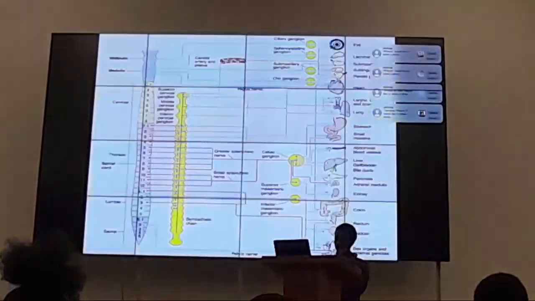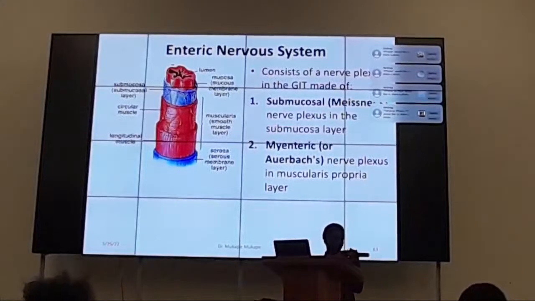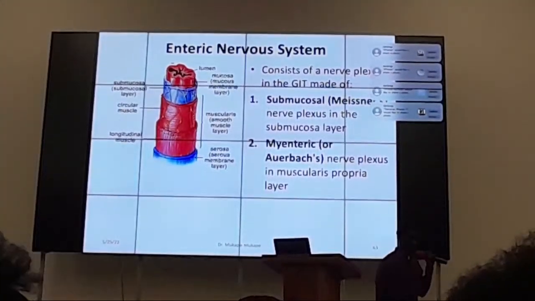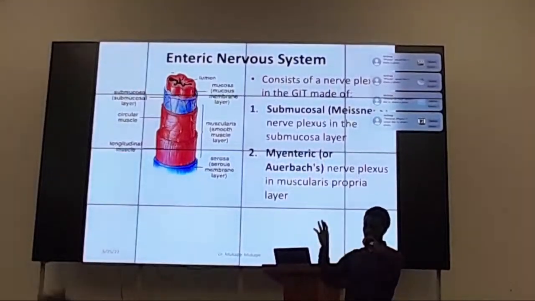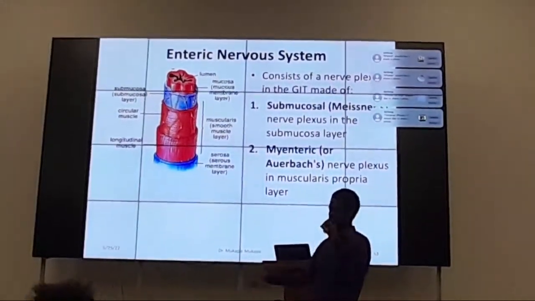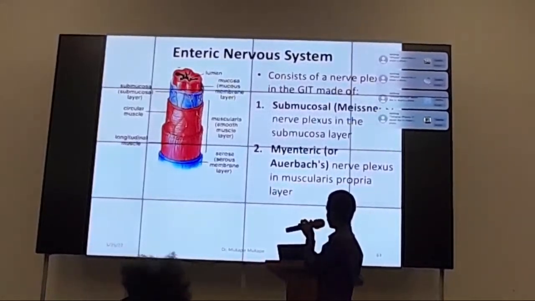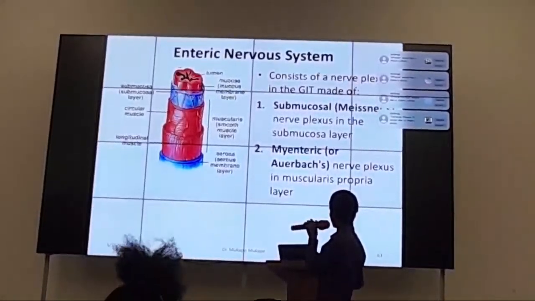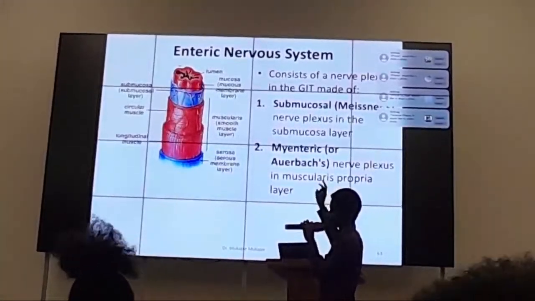Last now is the enteric nervous system. Remember, I mentioned this one is separate from the general classification, so it's purely in the GIT. This system basically consists of the nerve plexuses, which are 2. We have the